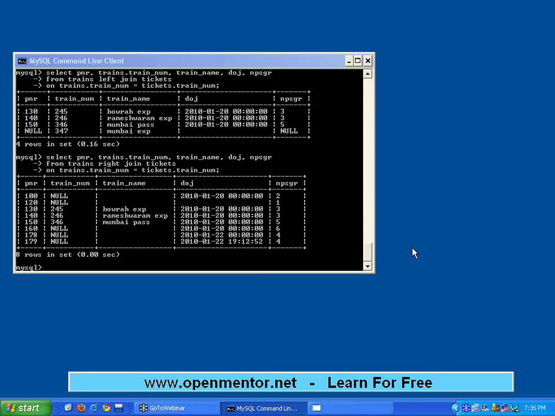It is common data for both tables. Left join means common data plus additional data present in the left hand side table. Right join means common data plus additional data present in the right hand side table. Very simple. No other complication beyond this. Good. This is called joins.